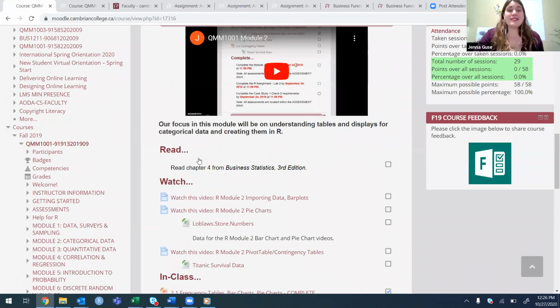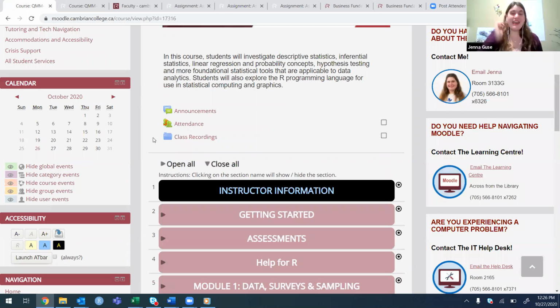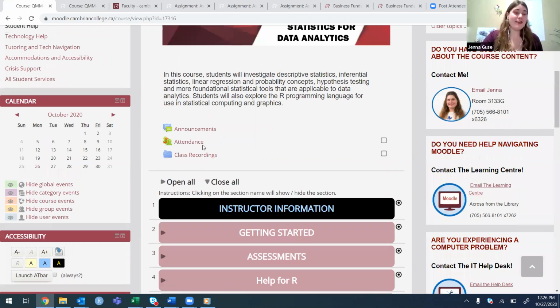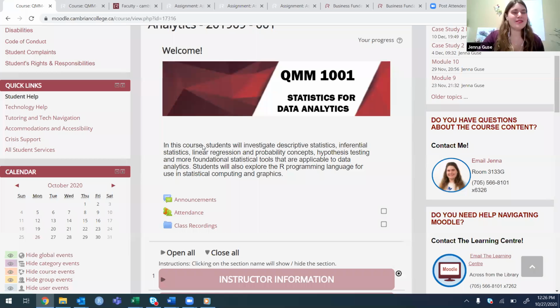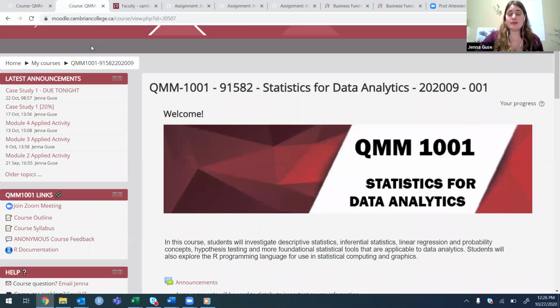I did decide to make some changes to this layout for this semester with COVID and everybody being online and not having that face-to-face delivery for most of the students in the program. So for the rest of my time, I just wanted to show you some of those changes in my Moodle shell for this semester. So one thing I decided to do is move all the blocks to one side